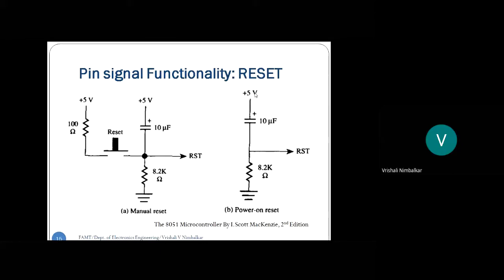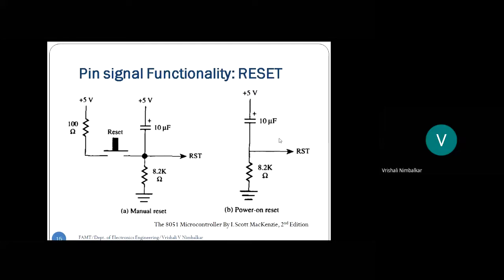And see, that's VCC 5 volt, to which we have a 10 microfarad capacitor connected. This is an electrolytic capacitor. See, hence positive is written at the top and below is negative. So that's an electrolytic capacitor. The value 10 microfarad and a resistor down 8.2 kilo ohm. And this connection goes to pin number 9 of microcontroller, the arrow shown.